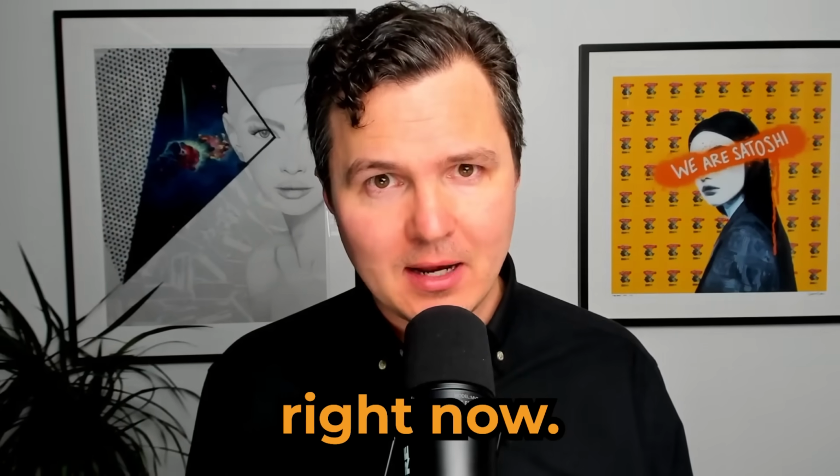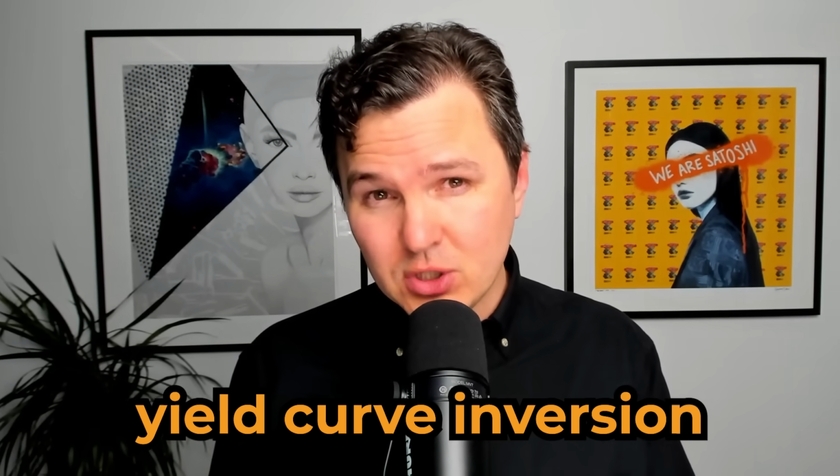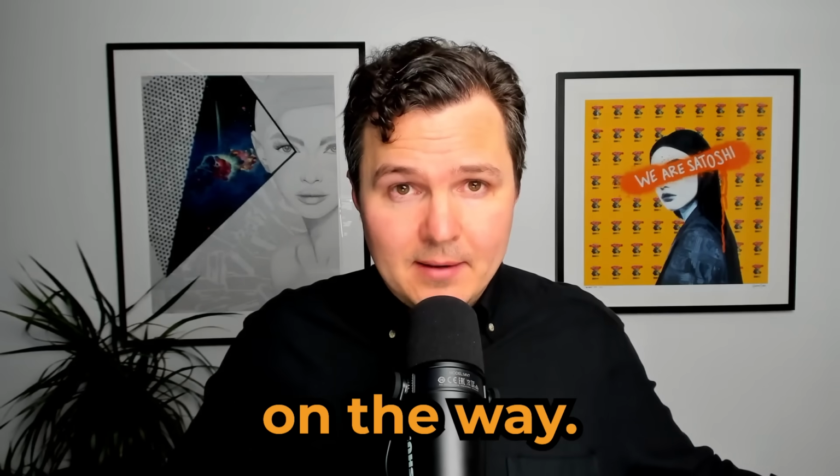The yield curve is super inverted right now. And it's a very worrying sign because a yield curve inversion of this magnitude signals a brutal recession is on the way. At least it has previously. And there's a lot of talk about a soft landing. Maybe the Fed will pull off the near impossible. Maybe not. And I want to discuss that with you today, what the implications for this are and what it